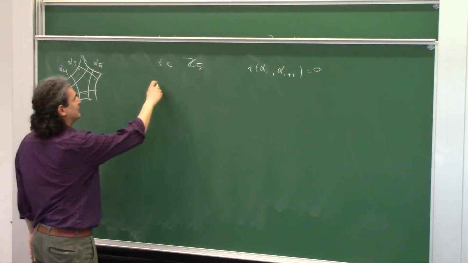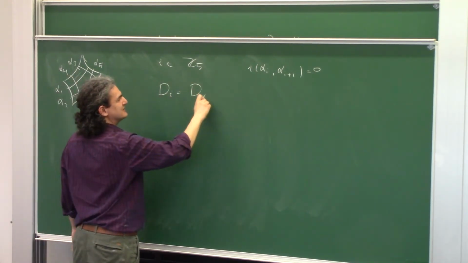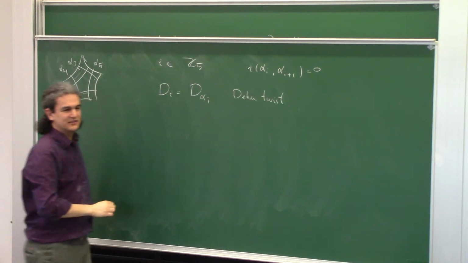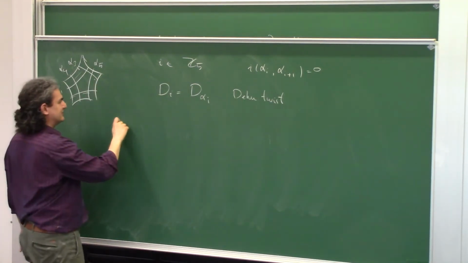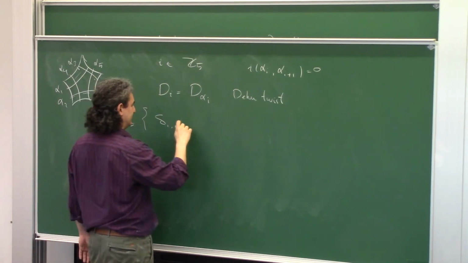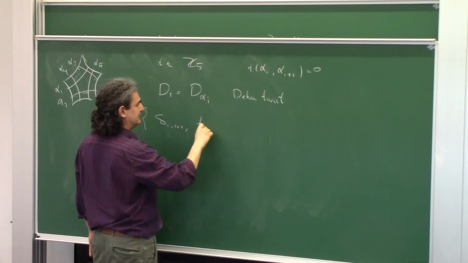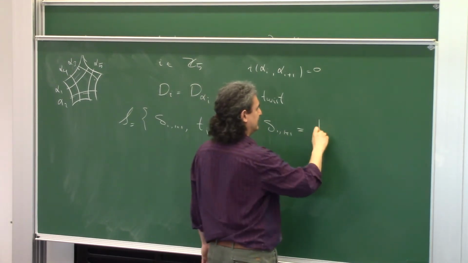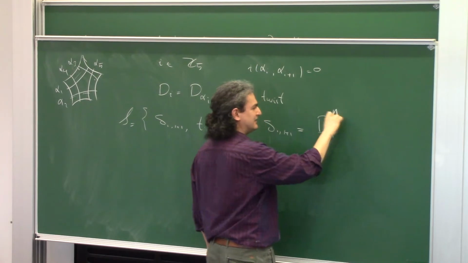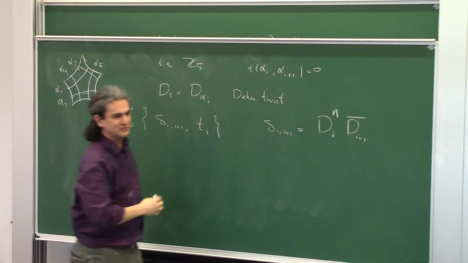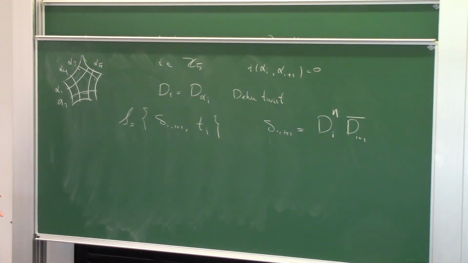If I write d_i, that usually means d_{alpha_i}, which is the Dehn twist around the curve alpha_i. And then I pick my generators to be elements of the form S_{i,i+1} and also T_i. So S_{i,i+1} is: I do d_i n times, and I do d_{i+1} negative 1 time. So I do a whole bunch of twists around one curve, and I untwist around the adjacent curve just once.